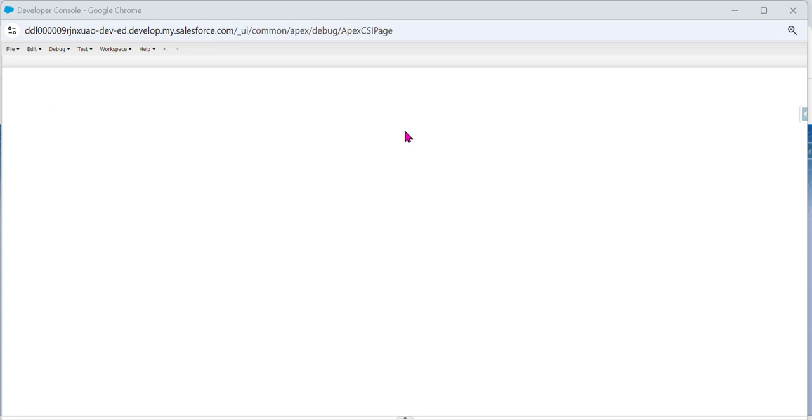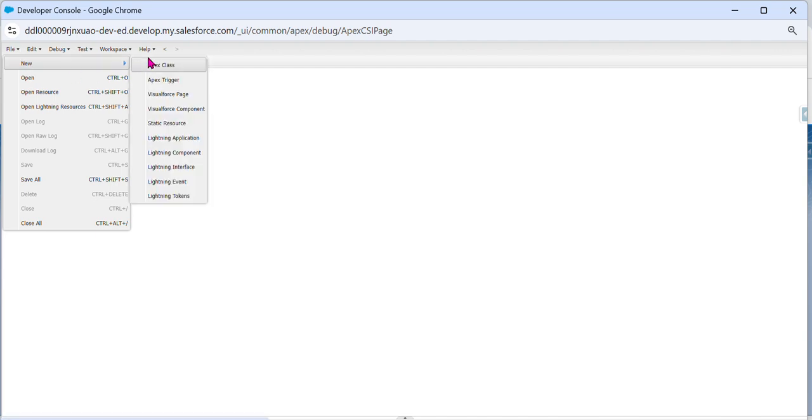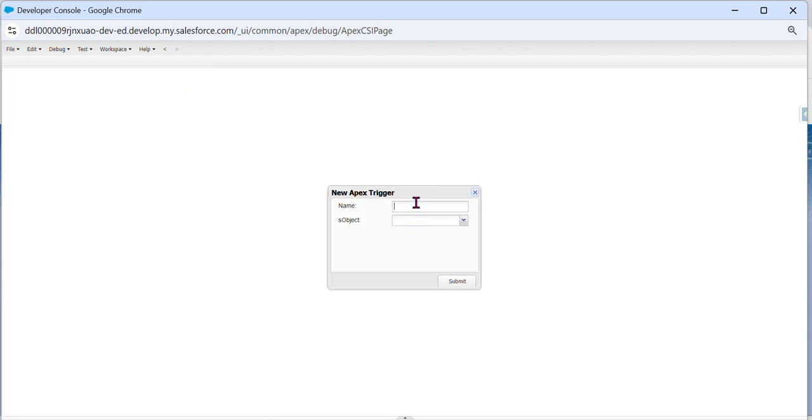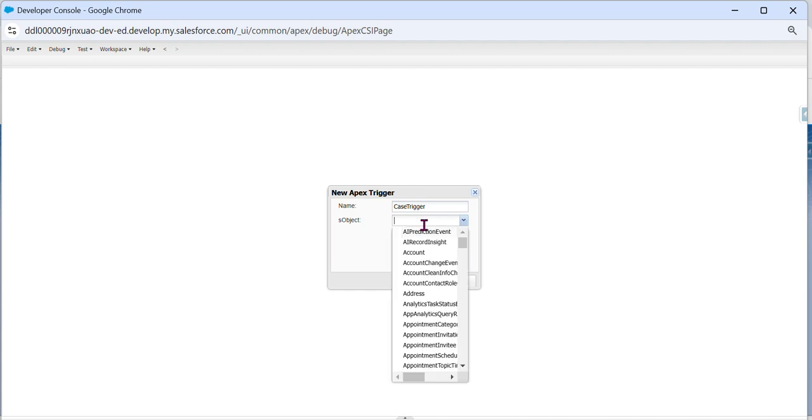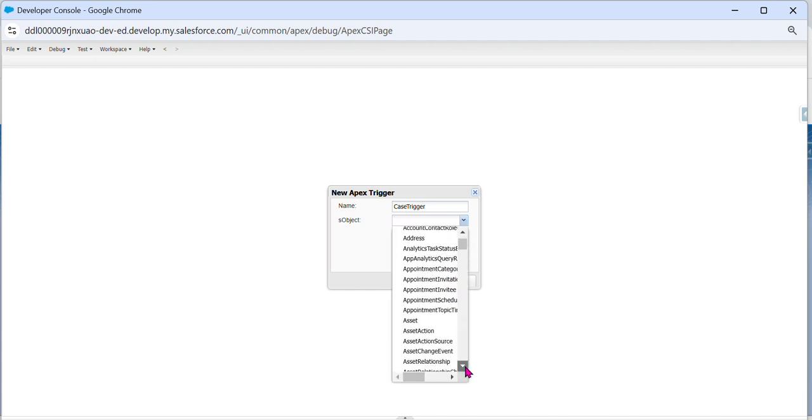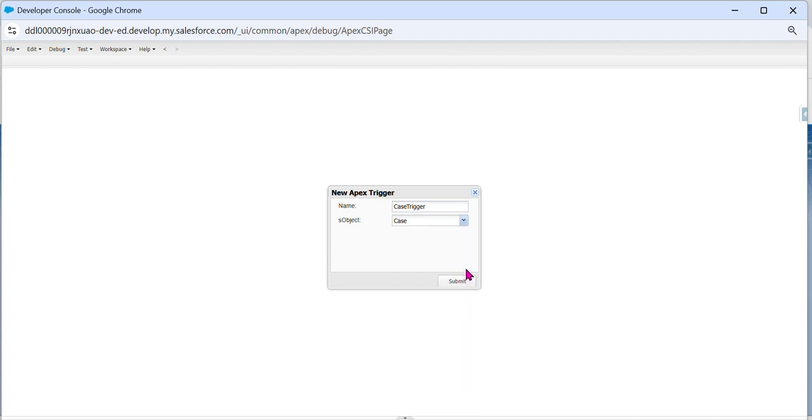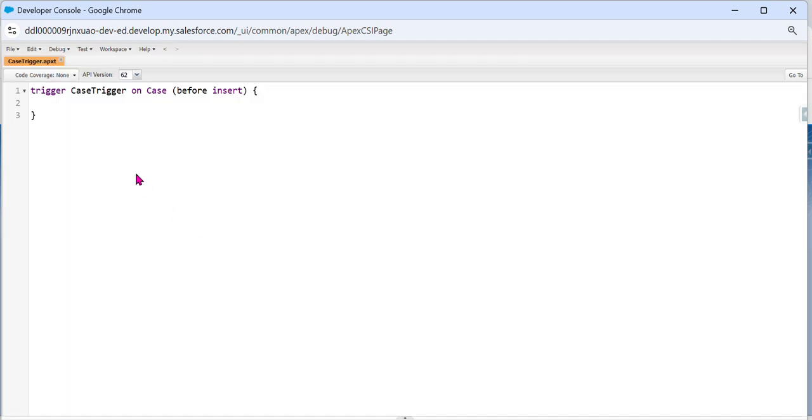Now we are going to see two use cases on the case object. Let me start. Case trigger on case object. Here the use case is